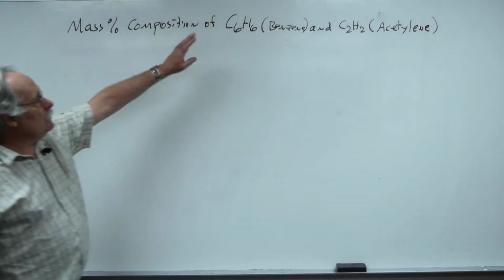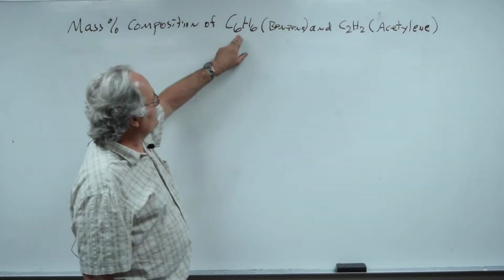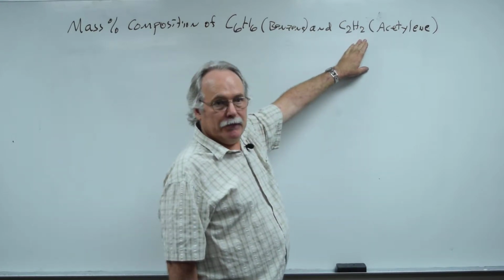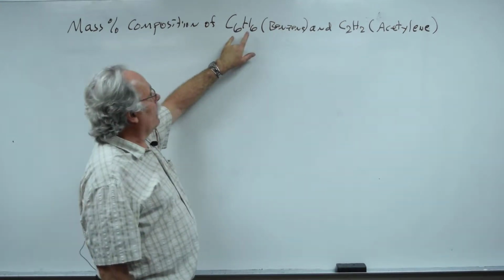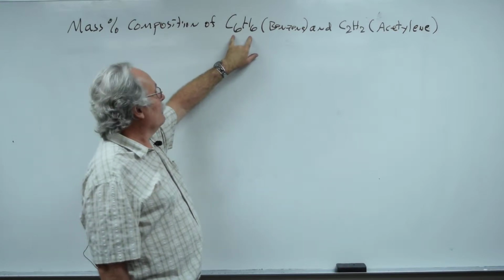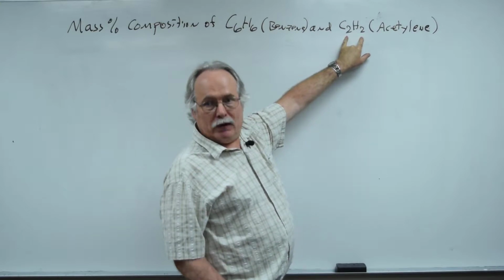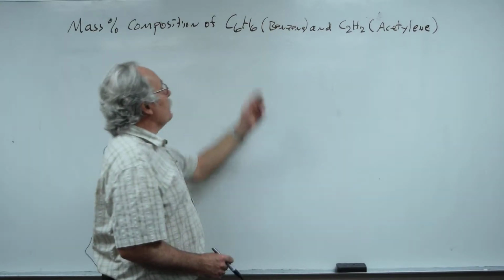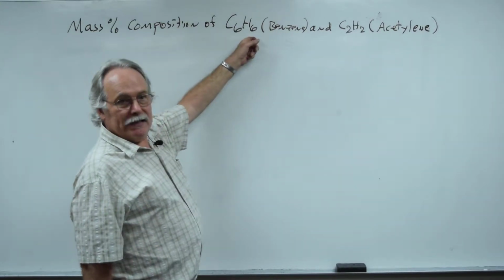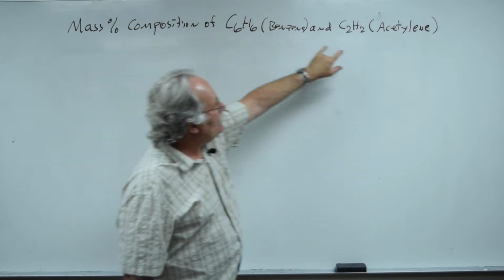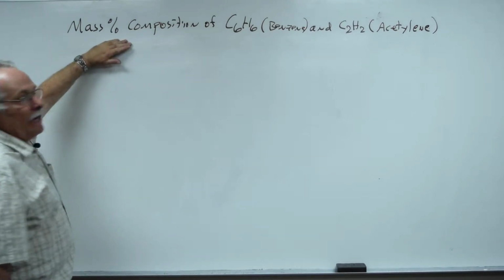Okay, now we're going to look at two different compounds, benzene C6H6 and acetylene C2H2. And we're going to see that the ratio of carbon to hydrogen in this compound is 1:1, and carbon to hydrogen in this compound is 1:1. So on a mole basis, they're 1:1 equal. What we'll see on the mass basis is because they're the same ratios, two different compounds will have the same